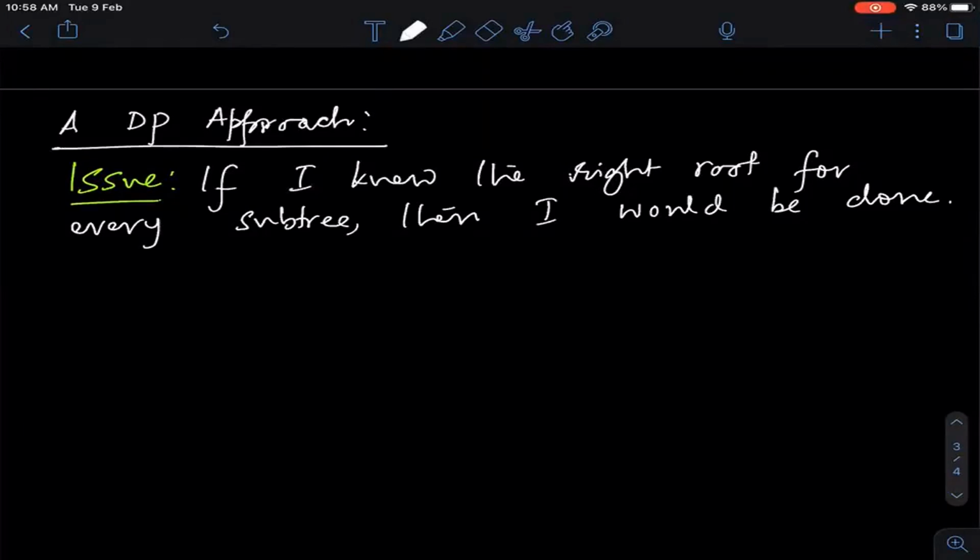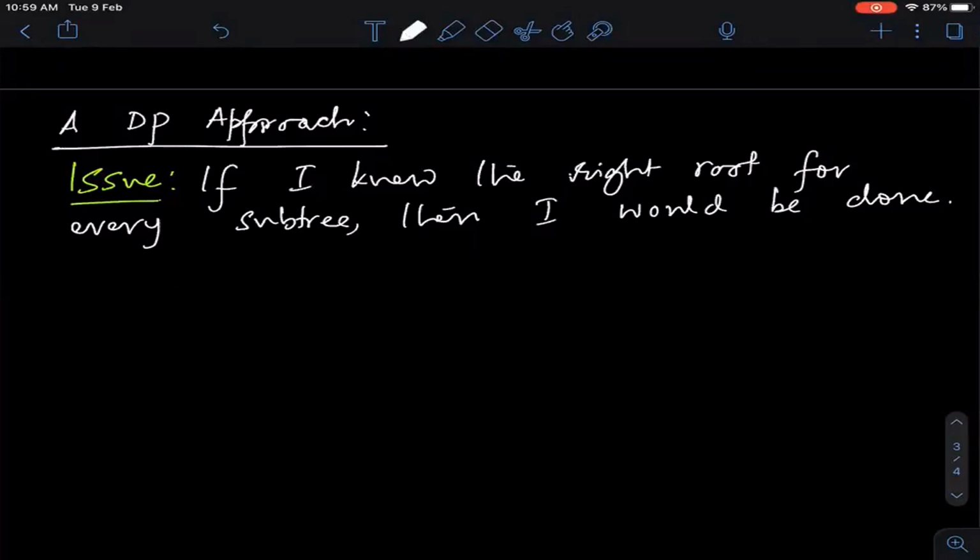Why is that? Because I can apply this idea recursively. I will ask the oracle, okay, now I am at the top level, tell me which one is the root. So the oracle tells you that node number i is your root. So let's say you make it the root, then you know how to divide. You take 1 to i minus 1 as your left keys, and i plus 1 to n as your right keys. And then you again ask the oracle, hey oracle, what is the root if I want to build a good tree for the keys 1 to i minus 1? And the oracle will again give you a root. So that becomes the root at level 2. Similarly, you can ask for the right side, and so on and so forth.